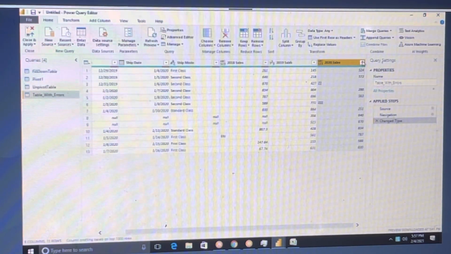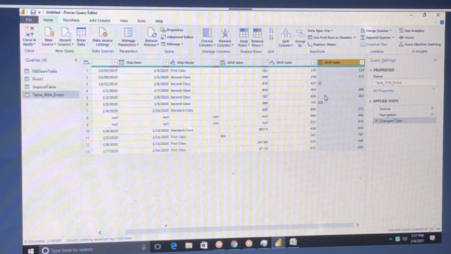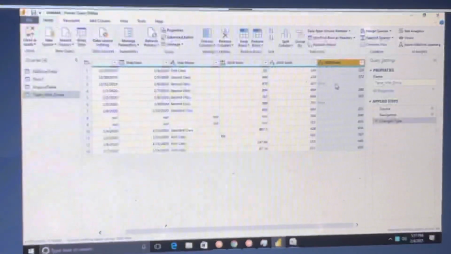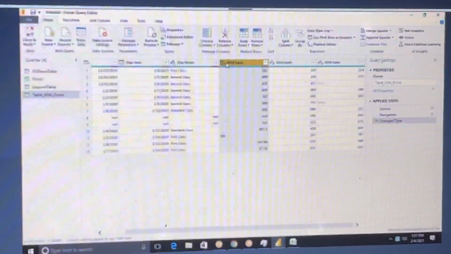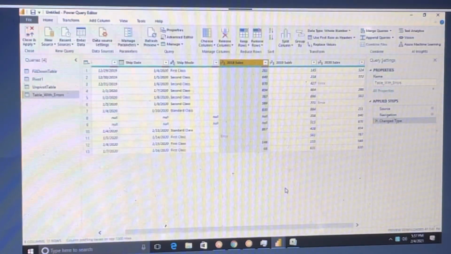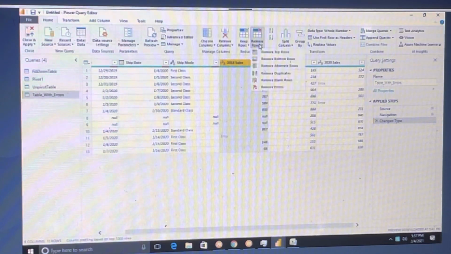First, I wanted to make this one a whole number. Just make it a whole number. Now again here also we are having a data issue, right? Click on this ABC 123 and make whole numbers. Now here we are having 2 errors and here we are having 2 errors.